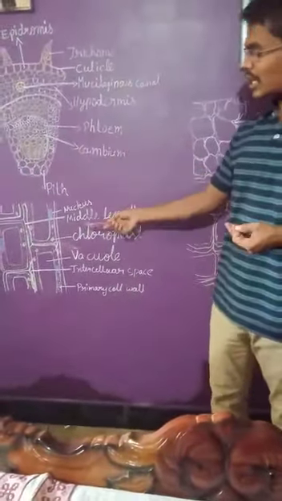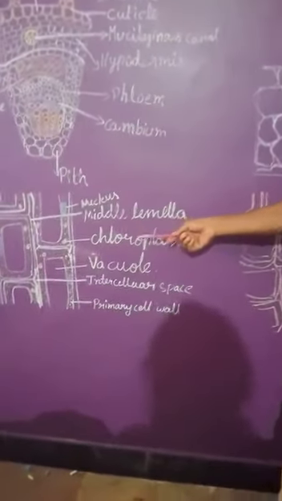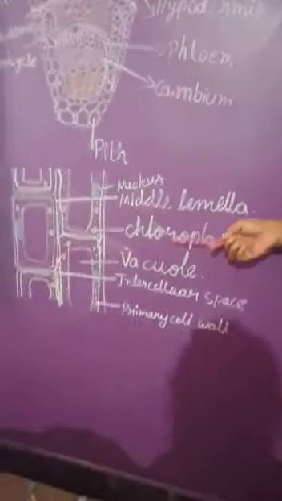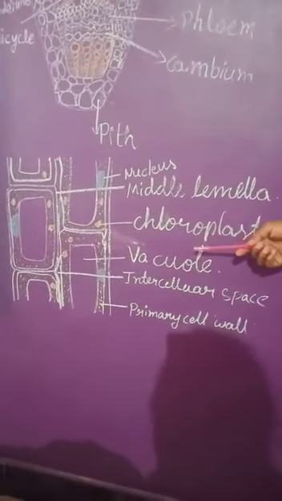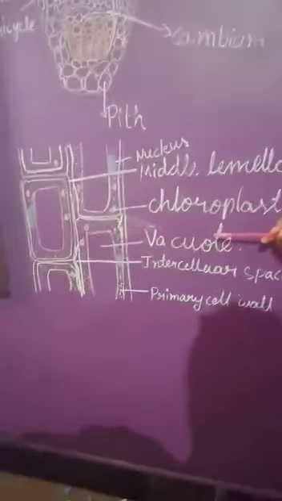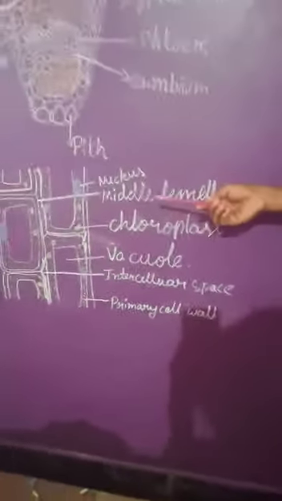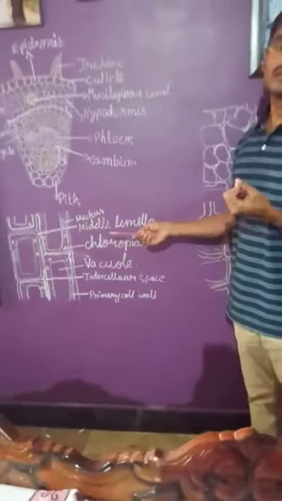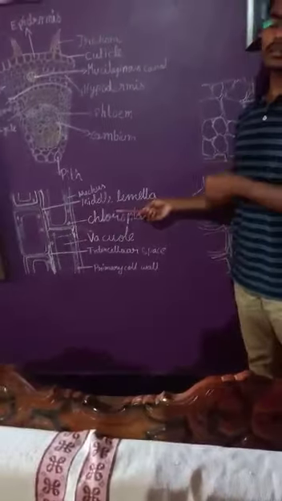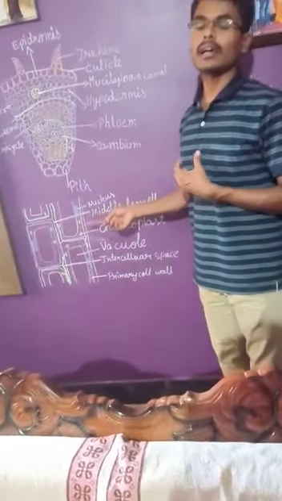Now, after this parenchyma, we move on to another one. Look at this one I have drawn over here. This one we call another simple permanent tissue, that is collenchyma. What is this collenchyma? The presence of irregular, thick-walled corners for a given plant cell, that one we call collenchyma.